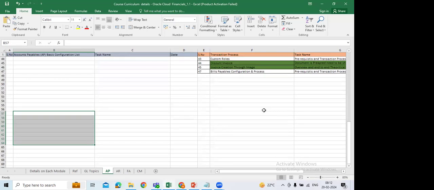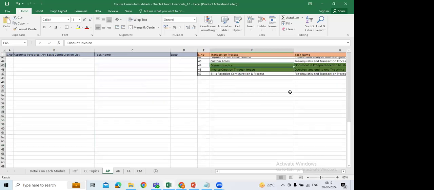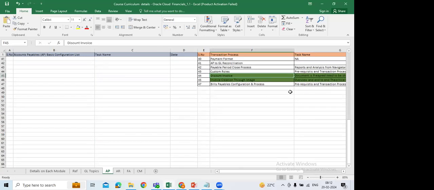And the discount invoice is there. So that is the current AI functionality, correct? Yes, discount functionality: in accounts payable, if I make a payment 5 days prior, how I get a discount. Of course, custom roles also we are going to discuss. What is a custom role? What is a seeded role? Day by day we will discuss. I don't want to create much burden on the first, second or third day, but it's good that you have already read about discount invoices.